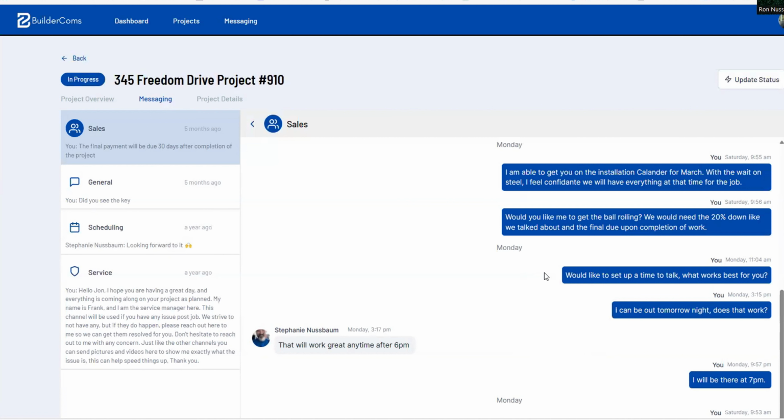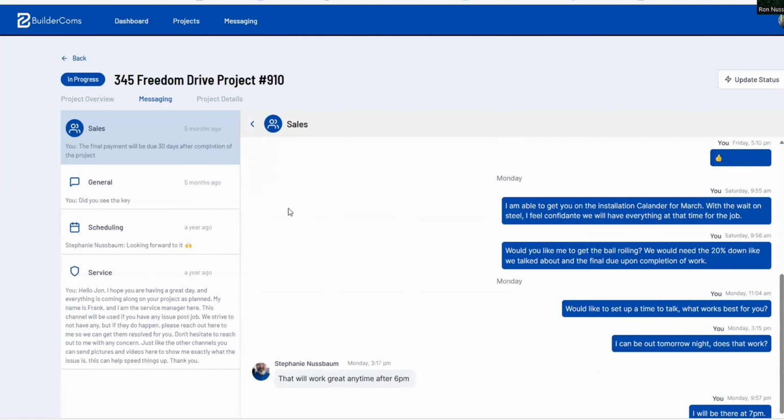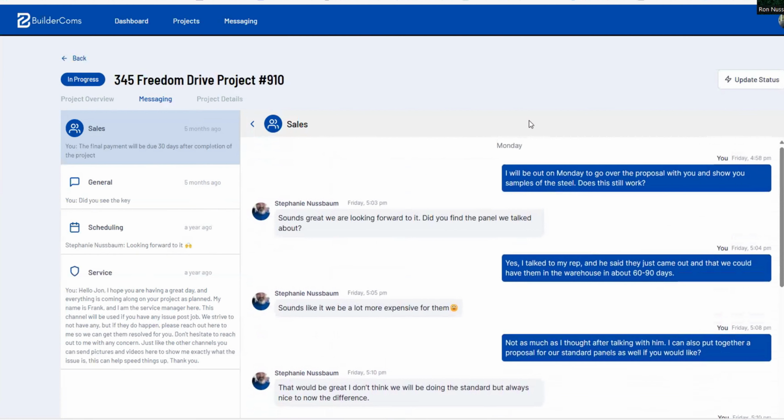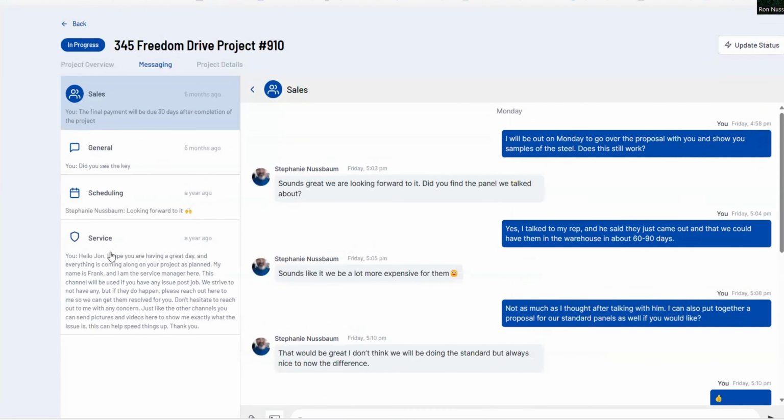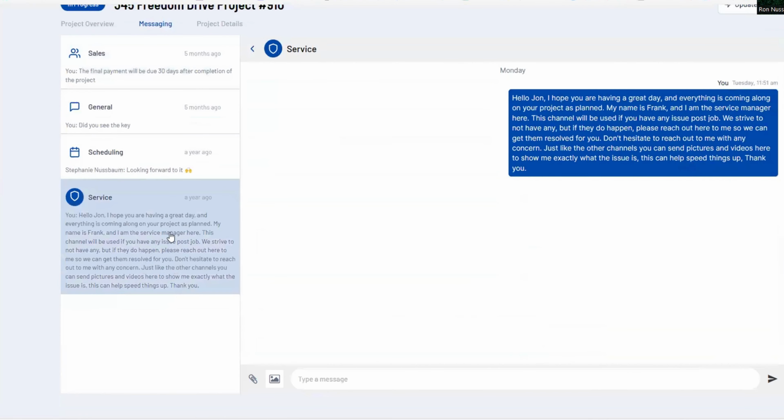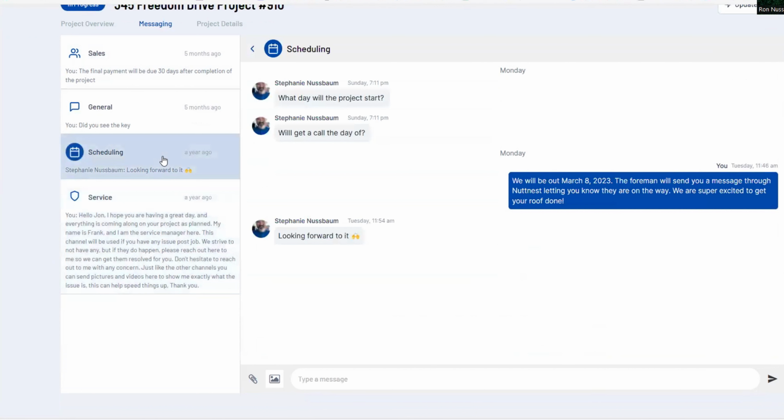So you don't have to worry about if you should be calling, texting, emailing, or who you should be reaching out to, because it's going to be broken down into channels of communication within the BuilderComs app. So you know exactly who to reach out to with what questions. That's the magic of what we built here, the channels of communication. So make sure you're proactive in reaching out, letting your customers know exactly what they're utilizing each channel for,